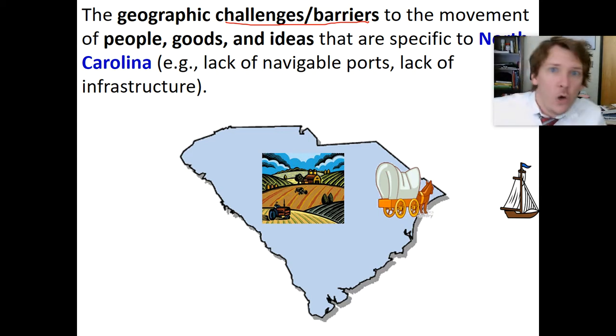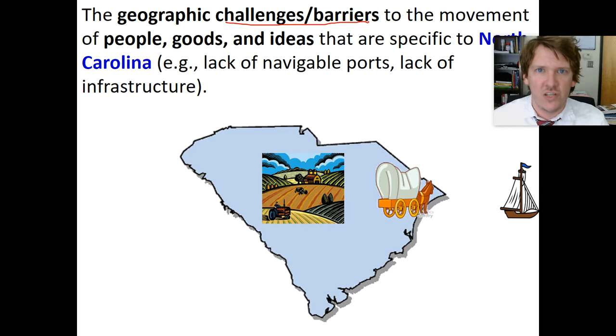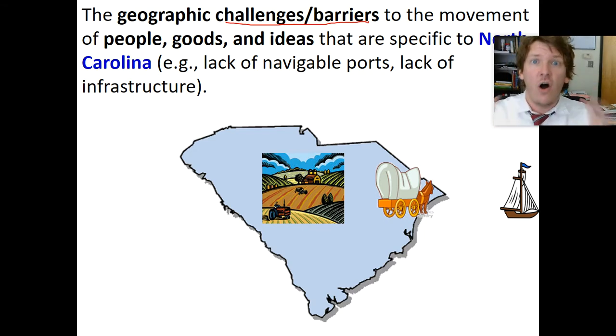And that's almost like if you're imagining a race between these three states, South Carolina, North Carolina, and Virginia, who's going to be the most advanced? Who's going to be the most powerful? Where are the most people going to be? Where are the most cities going to be? Where are the more of the jobs going to be? Where are you going to be able to buy more goods? So they're all in a race. And North Carolina has a disadvantage. It's like the other guys get to start ahead. North Carolina is almost like they're running with one leg because we've got to deal with this barrier.